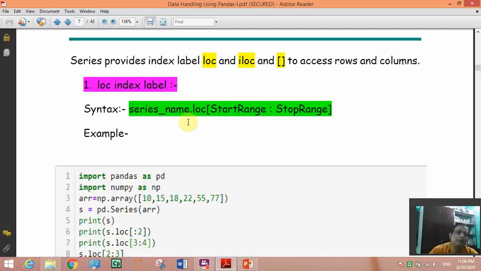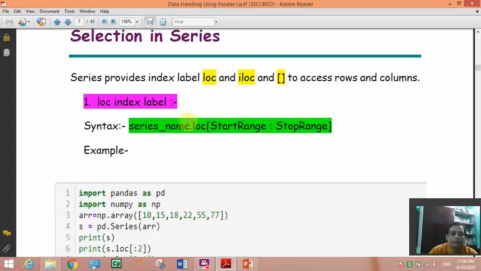In that case you have to select the range using LOC. So LOC is a function, series name dot LOC, and it will take 2 arguments, a starting place and a stopping place.